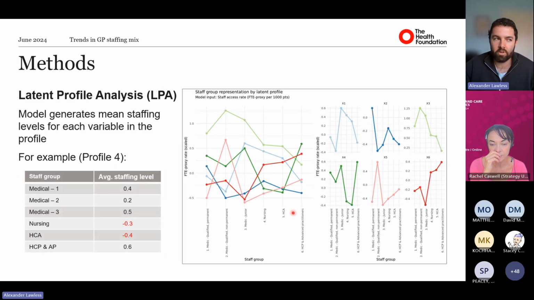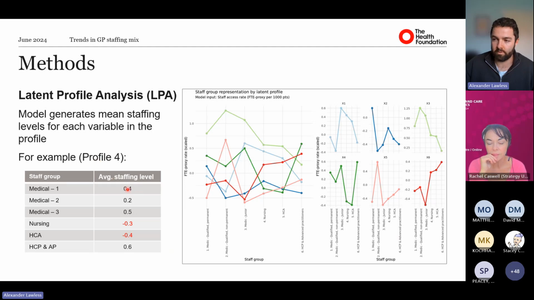So that's kind of, at that point, that's where the model stops modeling and hands the results over to you as the analyst to derive some meaning from and to compare profiles against each other. So the model generates mean staffing levels for each of our profiles. So for example, if we identify this dark green line, which is in this case model profile 4, we can